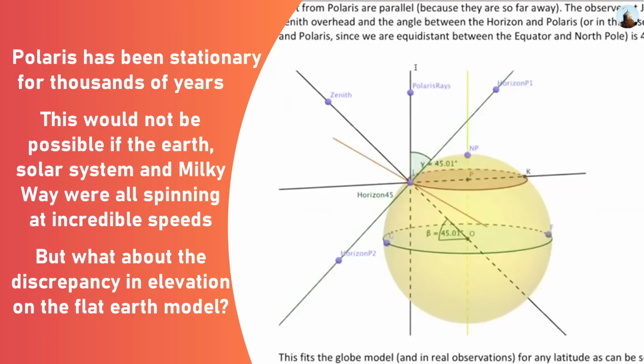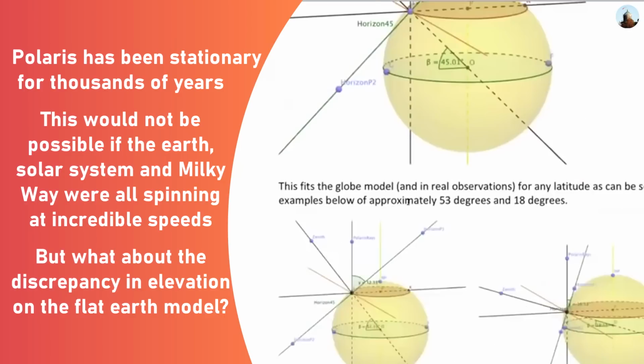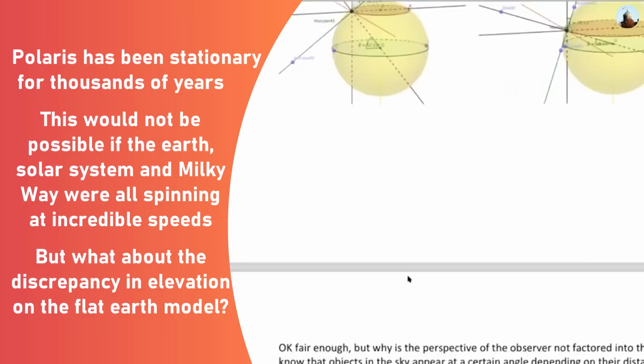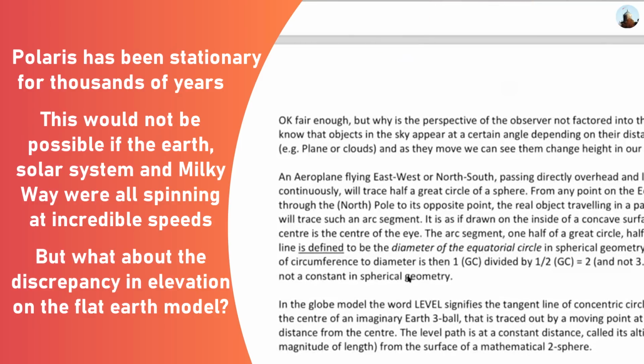So this one's showing my latitude at 45 degrees. I'm on that circle of latitude and I'm observing Polaris, then it would be a 45-degree angle. That would be correct for basically any latitude. I've given 2 examples here of 52 and 18. But the other way to look at it is that